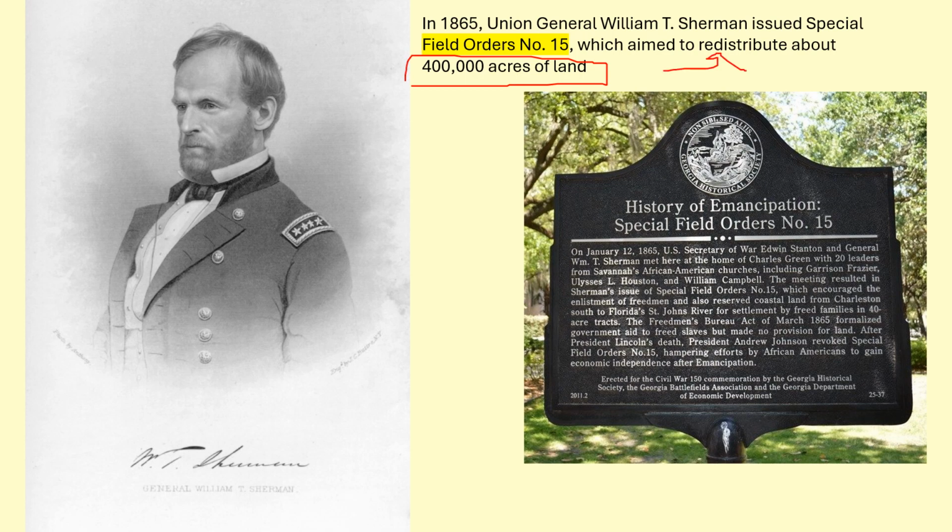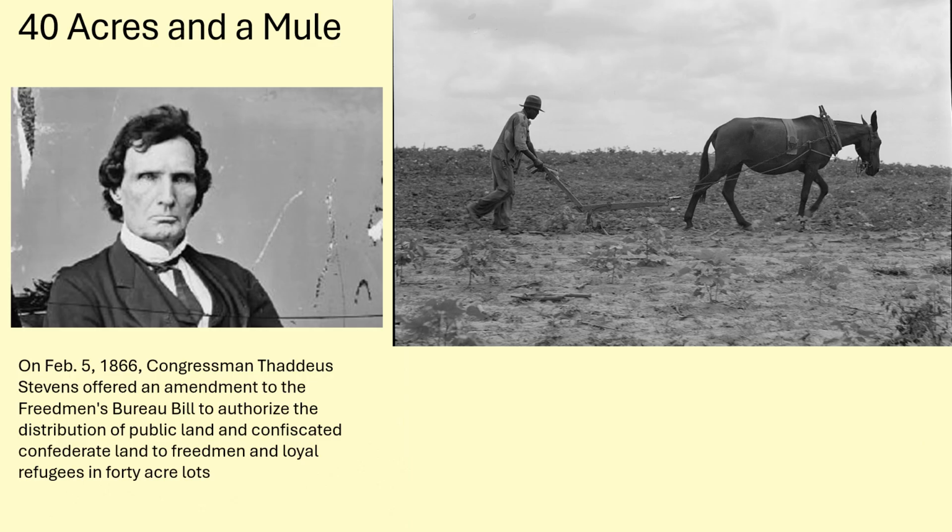Not the first time this was suggested or only time. Thaddeus Stevens in Congress would also advocate for 40 acres and a mule. And I guess Sherman and Stevens recognized that without any education, without any resources, without any land, that the freed slave would be in a dilemma of economic dependency,